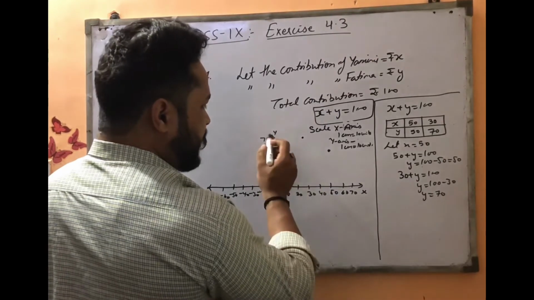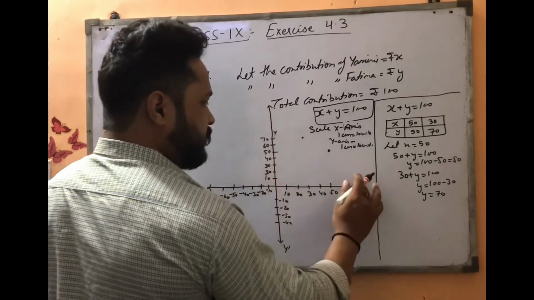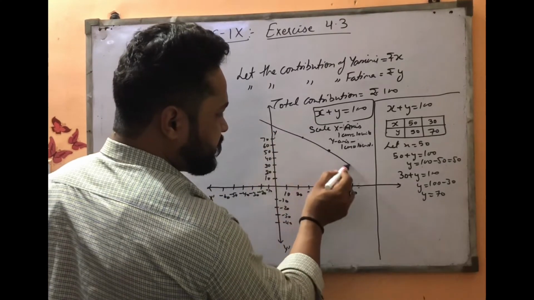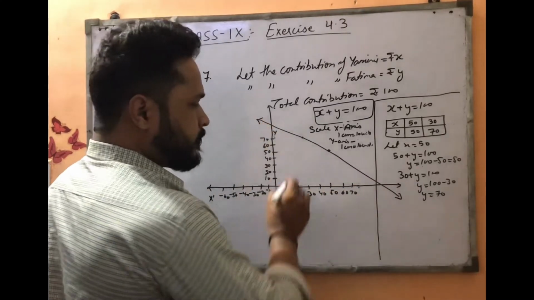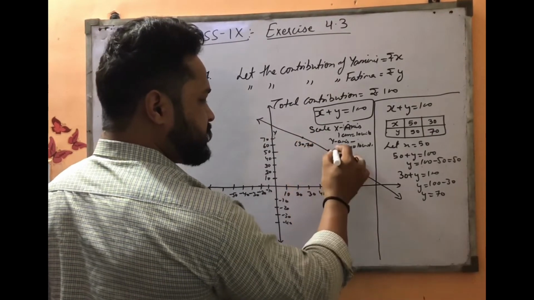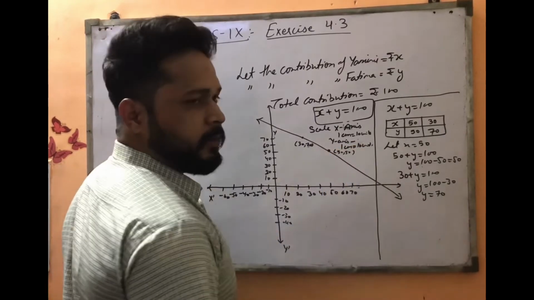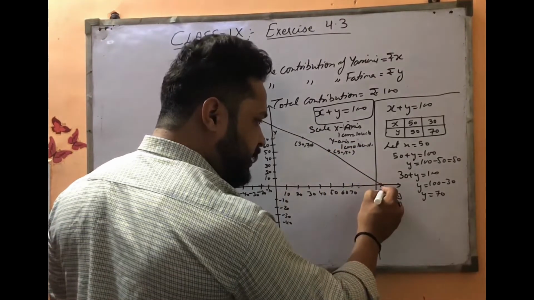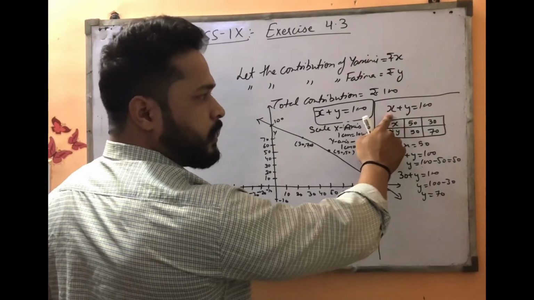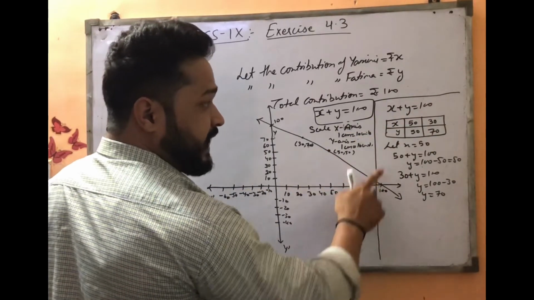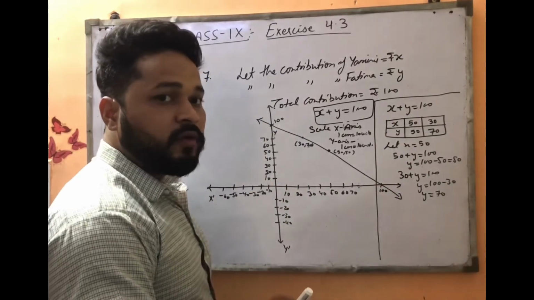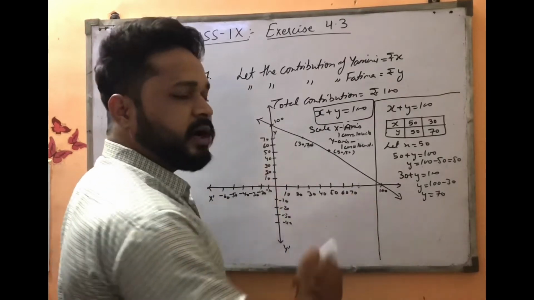So if you extend the graph in both directions, the graph will be like this. This is (30, 70) and this one is (50, 50). तो आप जब अपना चेक करेंगे तो ये पॉइंट आएगा, आपका 100 पे कट करेगा और यहाँ पर भी 100 पे कट करेगा, because when you take x equals 0, y equals 100, and when you take y equals 0, x equals 100. तो आप ऐसे चेक भी कर सकते हैं कि आपका x एक्सिस पे कहाँ पे कट कर रहा है और y एक्सिस पे कहाँ पे कट कर रहा है. तो ये आपका हो जाएगा प्रॉपर ग्राफ.